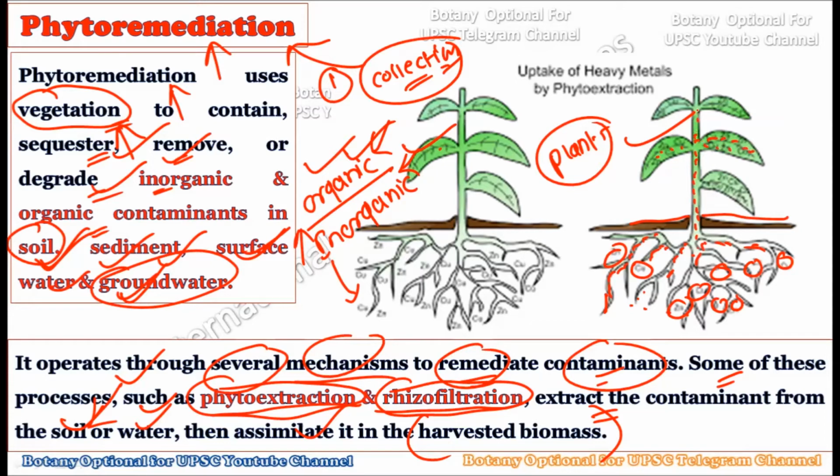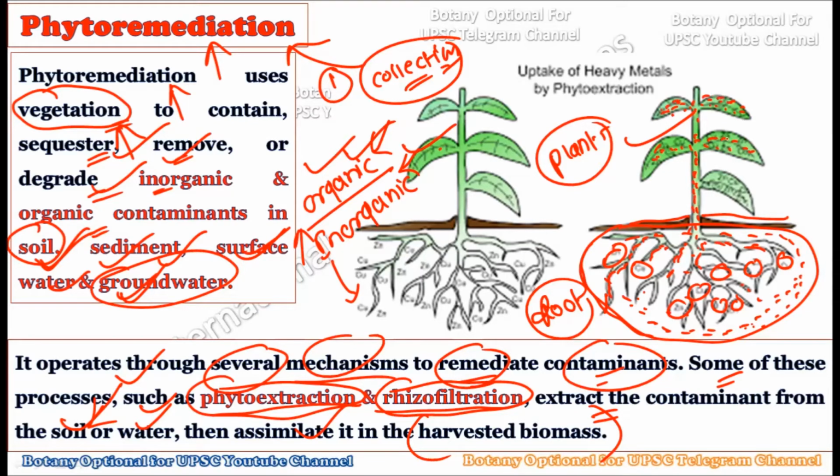Okay, now after some time of growth and development within the plant, we can take out this plant, and in the process we are taking out the harmful heavy metals which were present in that particular area or the rhizosphere. Whatever the root area is, this root area is called the rhizosphere, and in this rhizosphere, if there are contaminants or heavy metal contamination, this contamination will automatically be uptaken by these particular plants, and once they are uptaken and present within the plant body, we can extract out this plant along with the roots. And hence in the process what we have done, we have cleaned the soil, okay, by using the plants.